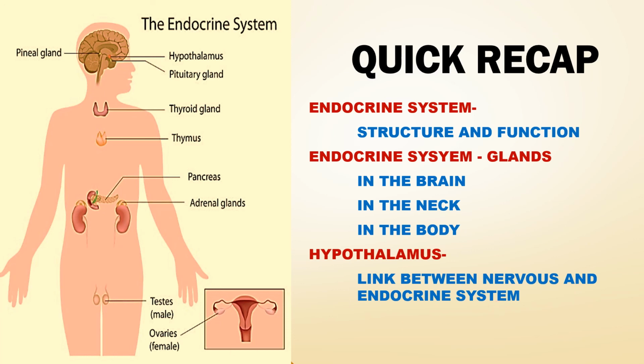So the endocrine system and the nervous system work together. The endocrine system is a complex collection of glands and organs and it helps regulate various body functions. This is accomplished through the release of hormones. For the proper control and coordination of the body, along with the nervous system, the endocrine system is also very important.